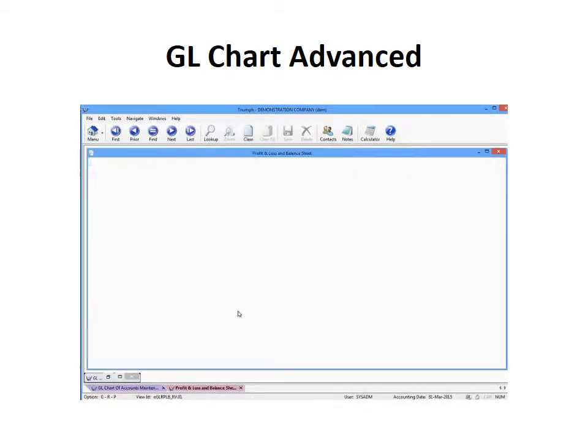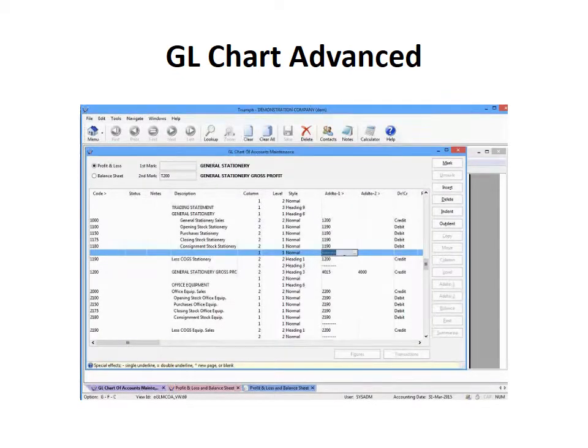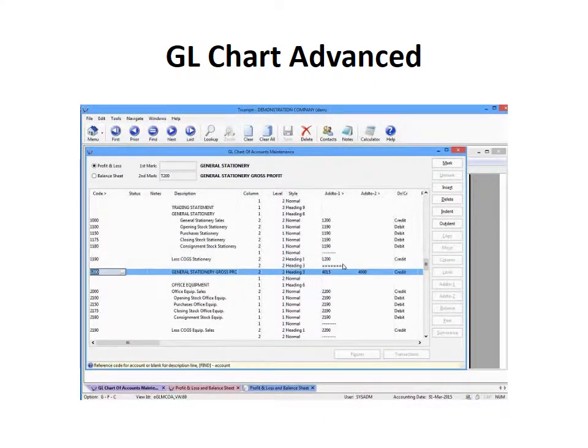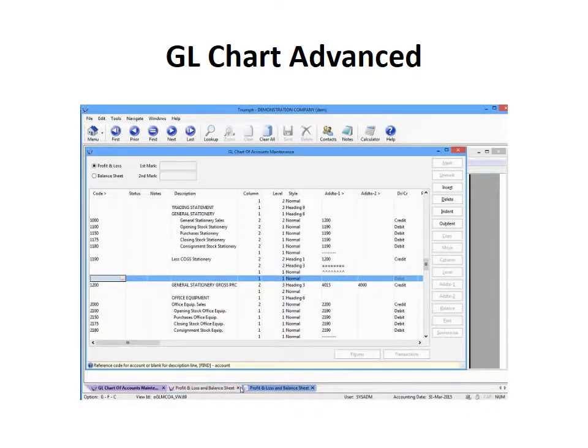I run a P&L, I have these underlined so you can see where my card numbers have now come from being under column 1 into column 2. What I can do is, in my chart, put in a single underline with just putting in a number, or if I want to put a double underline, if I just put a double there, or if I insert, and you'll see down here there's some special effects, a single underline, a double underline, or if I want a new page on my P&L, I can put that through, and the effect of that will be when I run my P&L,